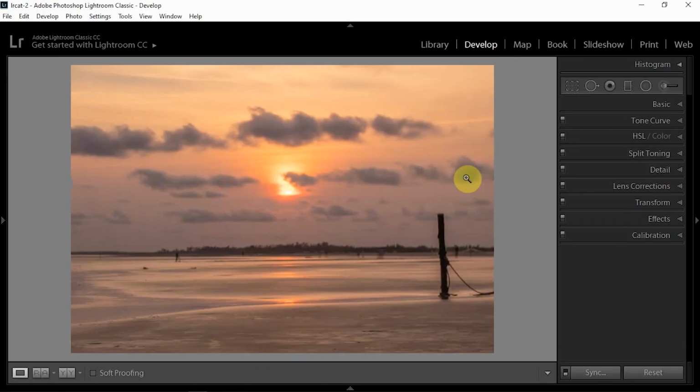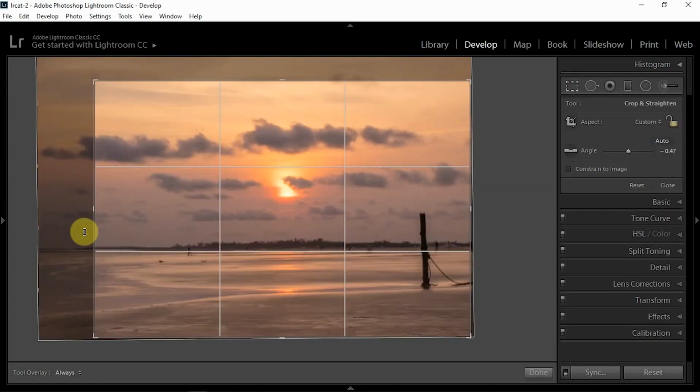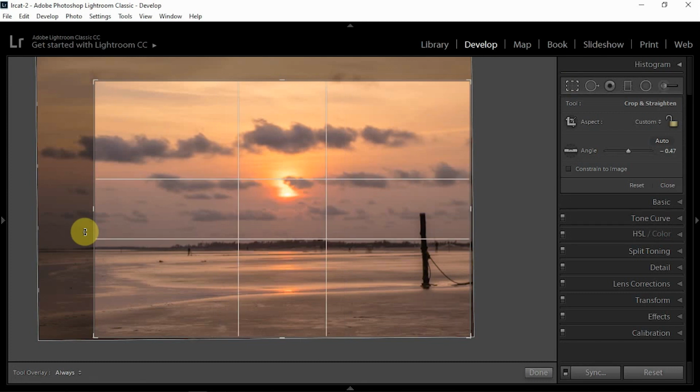Now for the example of the golden ratio, I am again in Adobe Lightroom, and if I turn on the crop, and if I just press the key O, then I can toggle between different crop styles. Now if I toggle to this spiral, what you can see here is actually the golden ratio. And if you want to toggle the direction of the ratio, all you have to press is Shift O. As you can see, it is changing.